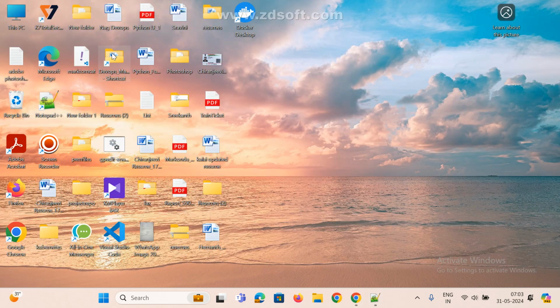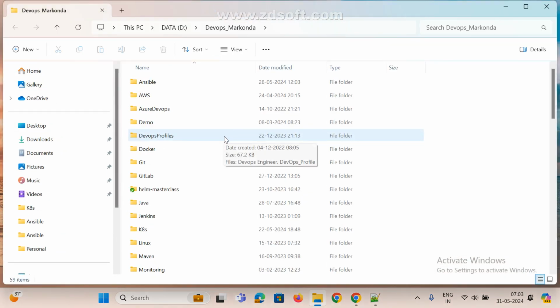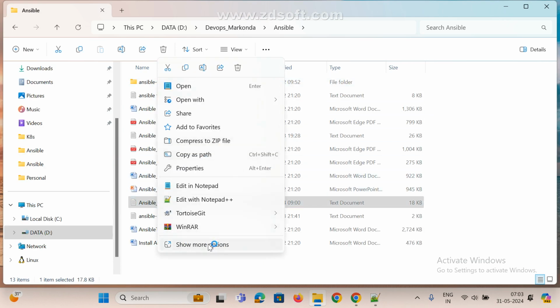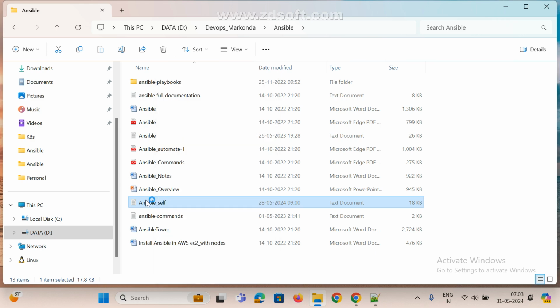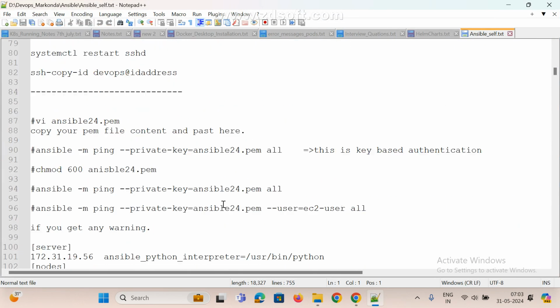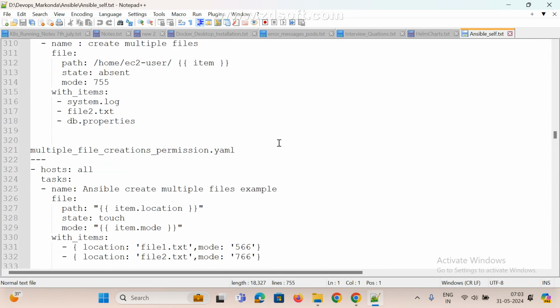Next, what is Ansible Vault, and how to create a vault, how to encrypt, how to decrypt. We already discussed that, right? So does anyone have any doubt? Okay. So we already discussed what Ansible Vault is, how to create a vault, how to encrypt and decrypt, and how to add